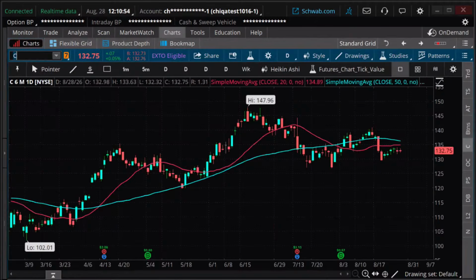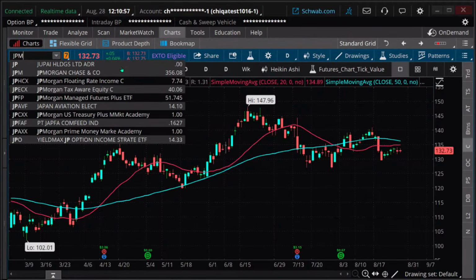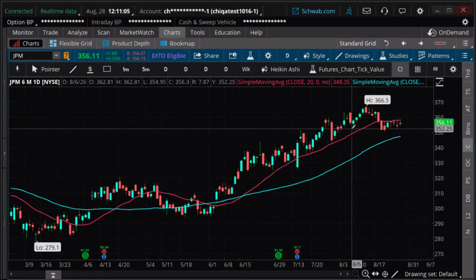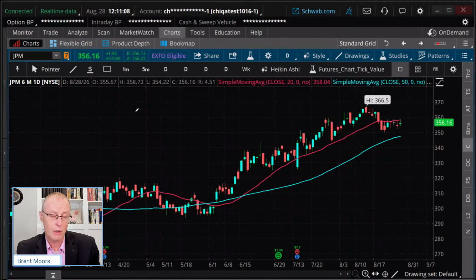Okay, and so let's look at one that maybe you're a little bit more directional on. Are we a little bit more directional on this? Maybe, hey, this had a pretty strong trend. JP Morgan here had a pretty strong trend, and that's one of the key things we typically look for as technical investors. It showed a little weakness. We broke that 20-day, but overall, I'm going to say kind of neutral, kind of bullish here. Look, if your forecast is different, then you want to do a different trade. But let's do kind of a neutral, kind of a bullish trade.